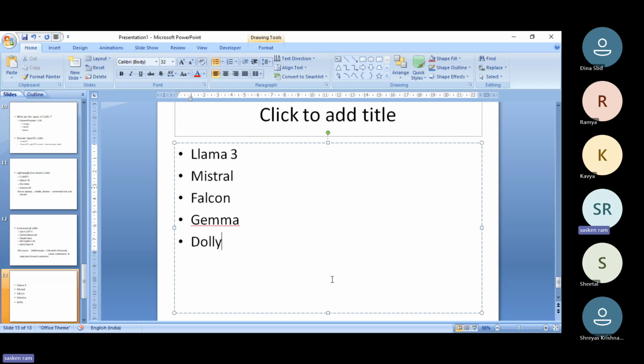If you go as an individual contributor, a data scientist or senior data scientist, if you join a company, they themselves will tell you, hey, use Llama 3, or hey, use ChatGPT, here is the API key so that you can use it. So you need to ask questions: why are we using this one?